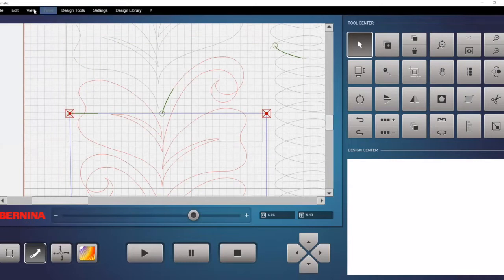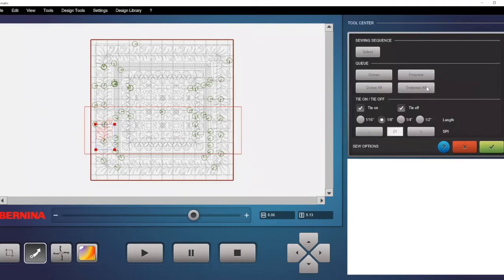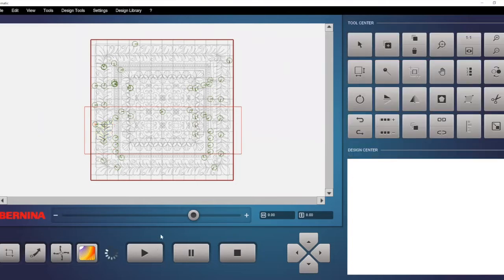And as I did before, I'm just going to take the sew head back to that last stitch mark to check that everything is super accurate. And that looks good. Full view. Sew options, DQ all, select this part only, green, play, start. Qmatic has stitched that last little piece of